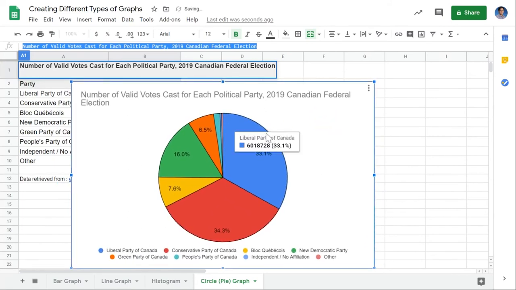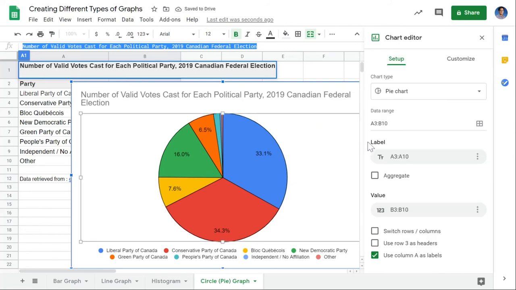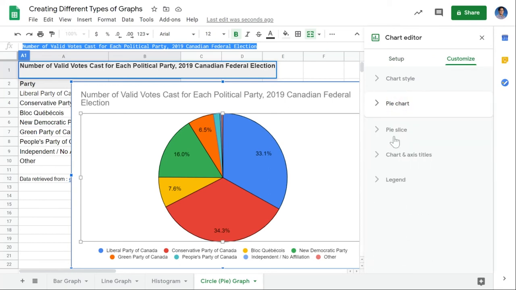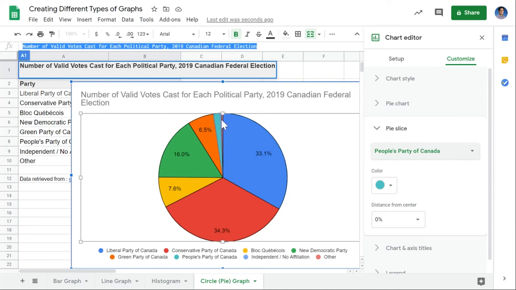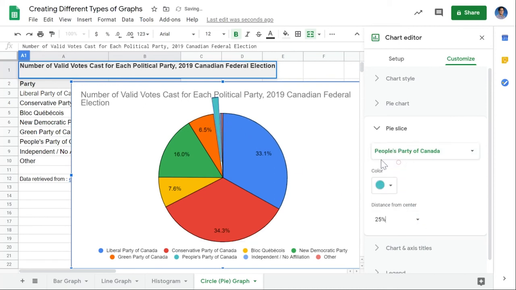So there's a couple ways that we can work around this. One of the easiest ways is going to be to select your slice that we want to talk about. So we go customize, pie slice, and then we'll choose, this is the People's Party slice, one that's very small here. So you would want to maybe pop it out a little bit. Maybe that's too much, so maybe 10%. And then afterwards, we can go ahead and kind of modify our graph a little bit by adding labels outside of this Google Sheet